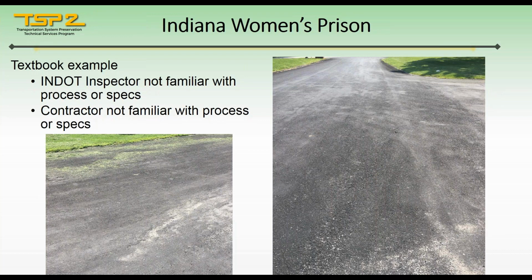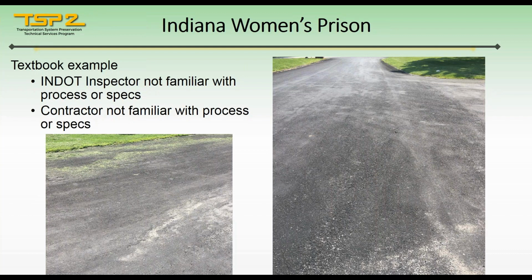a chip seal. So the story goes on this job, and these pictures you can tell it did not turn out well. And this was actually the second time the contractor did it. Didn't turn out any better. But the story goes, the contractor showed up, he shot the entire job with emulsion, then got on the chip box, ran out 1 load of stone. That was all he had, so he had to send the truck to go get more stone. Well, during that time, it drizzled, it rained, and he came back and tried to finish, and obviously not much